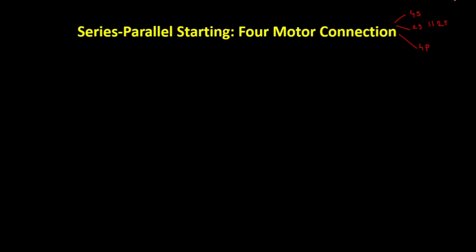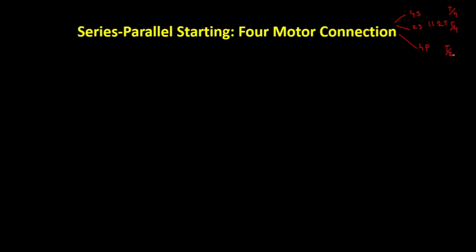Now because of this, the instant of time will be changed. Since we can have only an even number of motors, we can't take three motors. So here the instant of time will be T by 4, and the remaining T by 4 over here. And for the four motors in parallel, we will have T by 2 as the time instant.